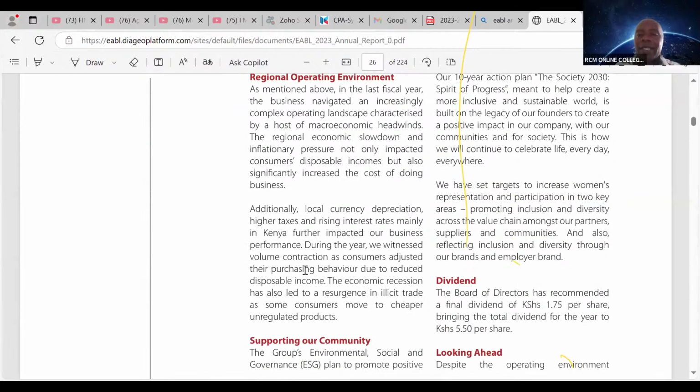Additionally, local currency depreciation, this was that time when a dollar was going for about 150 Kenya shillings. Yeah, the Kenya shilling had really depreciated. Additionally, local currency depreciation, higher taxes and rising interest rates, mainly in Kenya, further impacted our business performance. During the year, we witnessed volume contraction as consumers adjusted their purchasing behavior due to reduced disposable income. The economic recession has also led to a resurgence in illicit trade as some consumers move to cheaper and unregulated